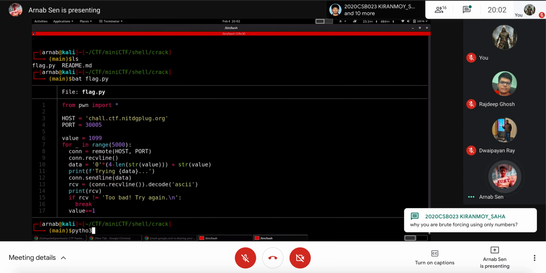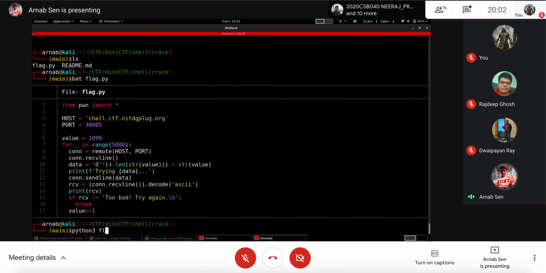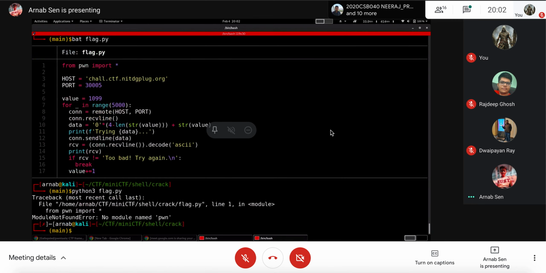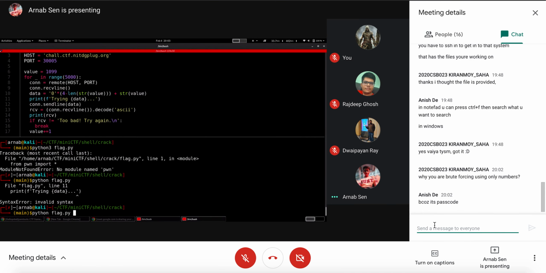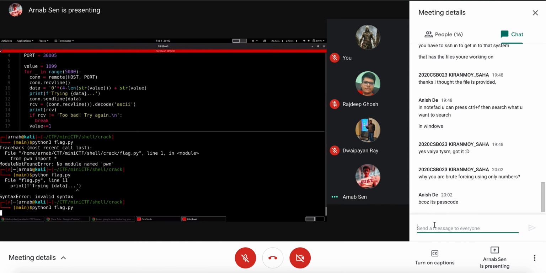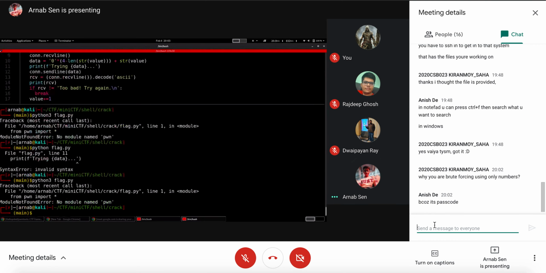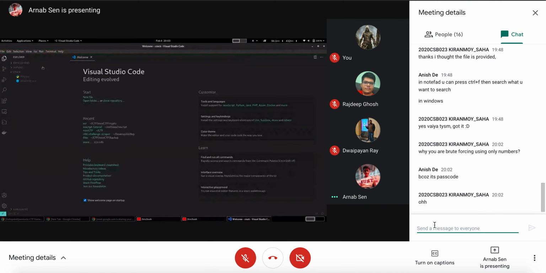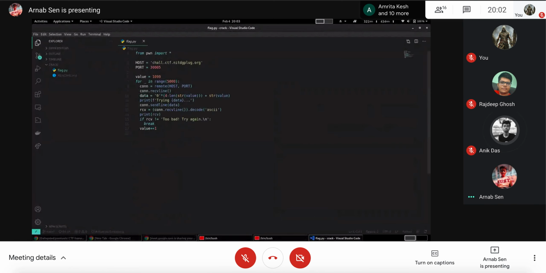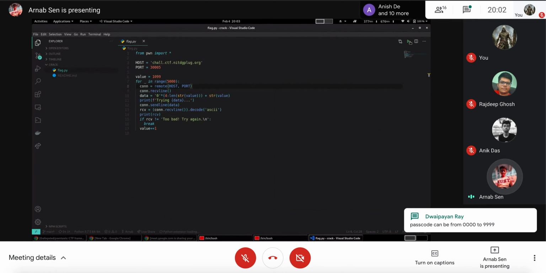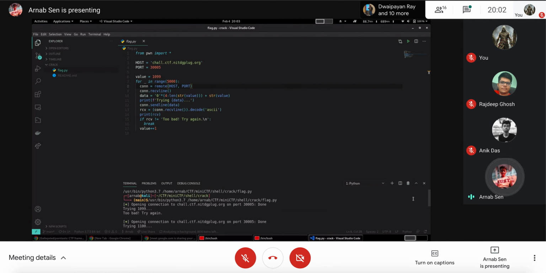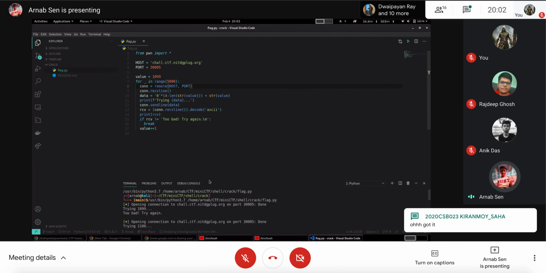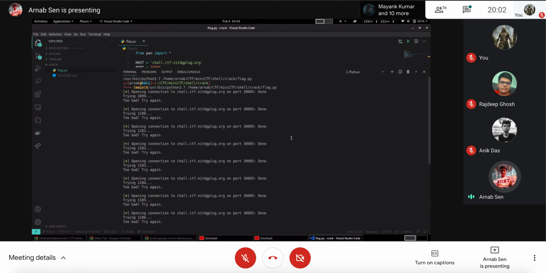So I'm just running this. What happened to my Python? Pawn tools. Yeah, I know. I mean, it's installed. Otherwise, I haven't wrote the code. I think it is. Yeah. So. Lol. Yeah, I think it uses the other one. Okay, so why cannot I? Can I zoom this one? Can I zoom the terminal?